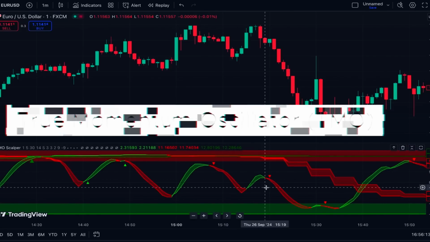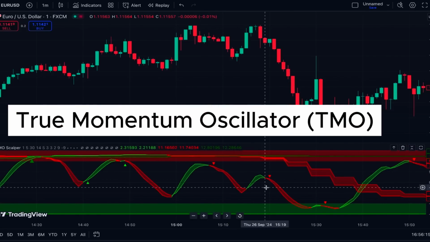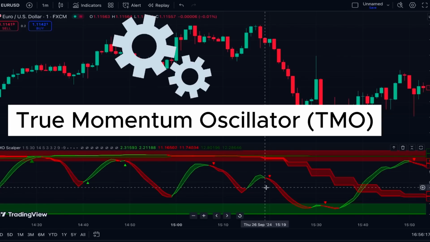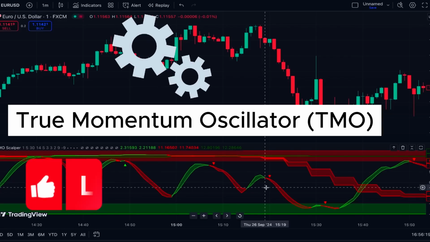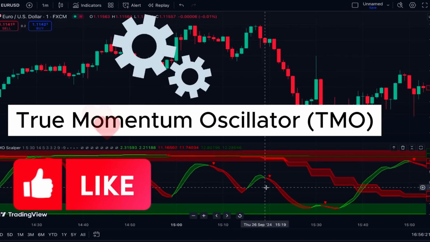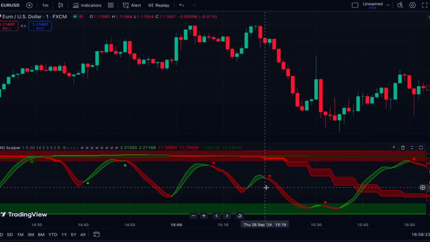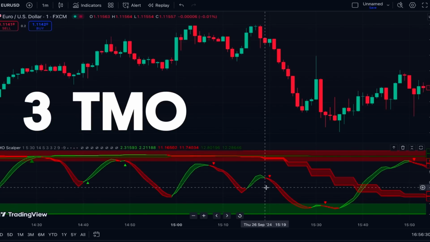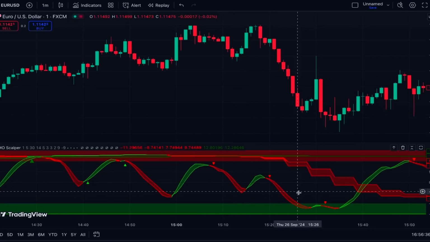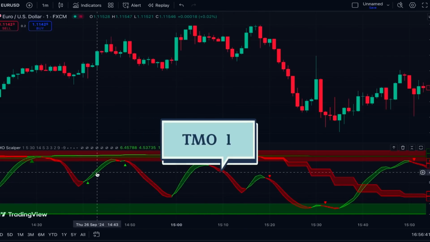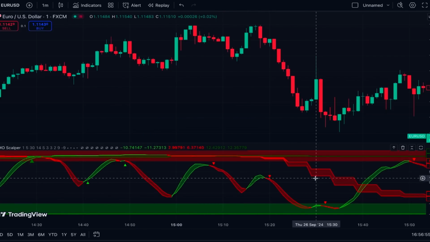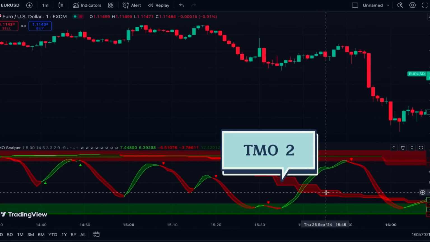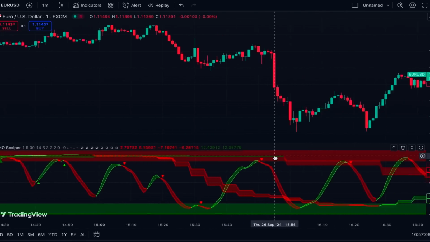This indicator is built based on TMO, True Momentum Oscillator, and by the help of a special calculation, it's designed for scalping on low time frames like 1 minute or 5 minutes. In this indicator, we have 3 multiple time frame TMO oscillators. This one that is moving faster compared to the other ones is TMO1. This one here in the middle is TMO2, and this one, which is the slowest one,